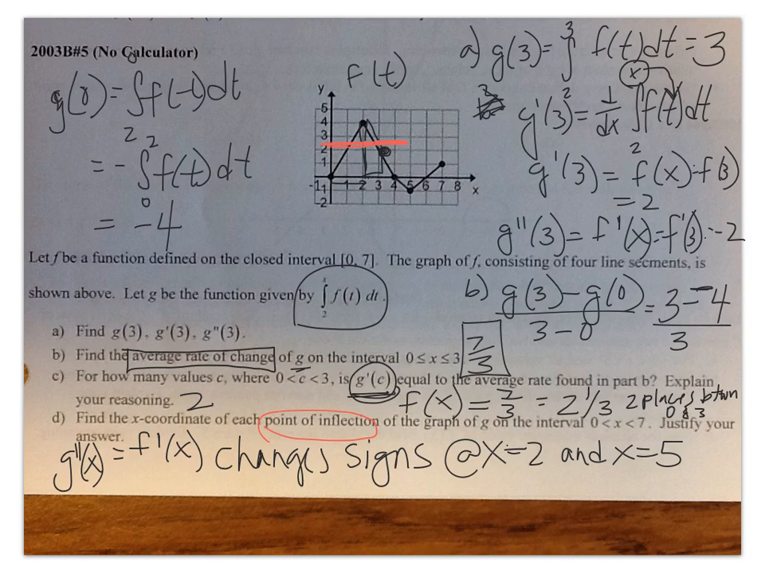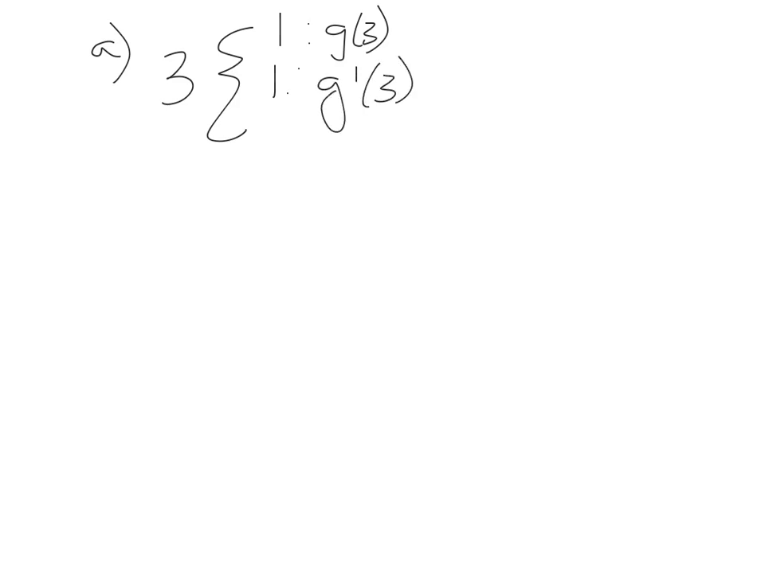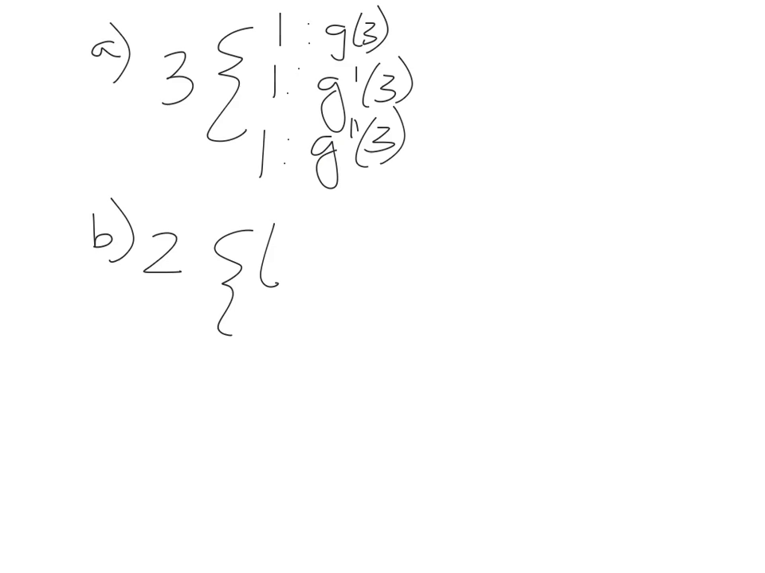All right, let's talk about the scoring for this. The scoring for A is 3 points. You get 1 point for figuring out g of 3, 1 point for figuring out g prime of 3, and 1 point for g double prime of 3. No work points. B, you're going to get 2 points for part B. 1 point is for having the answer, which was 7/3. And then 1 point is going to be